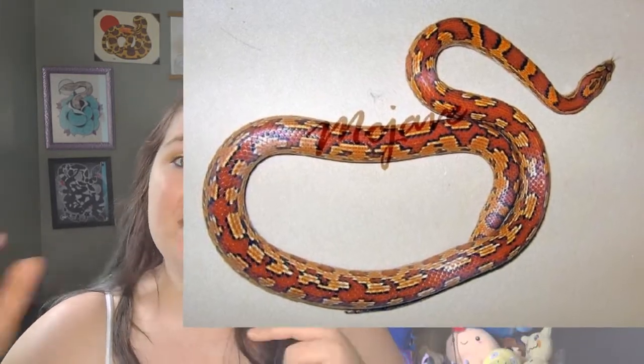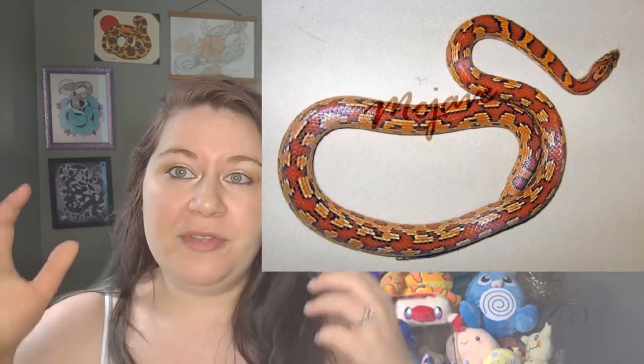Now, the next few things that I'm going to talk about are actually morphs that are not localities that you can get in corn snakes. And so localities are going to be things like your Okeetees, Miamis, we'll get into those, but the morphs that you can get in normal corn snakes that are not localities are things like ZigZag, which is where the saddles go back and forth down the body of the snake. This is something that a lot of people have selectively bred for, and you can get some really nice ZigZag